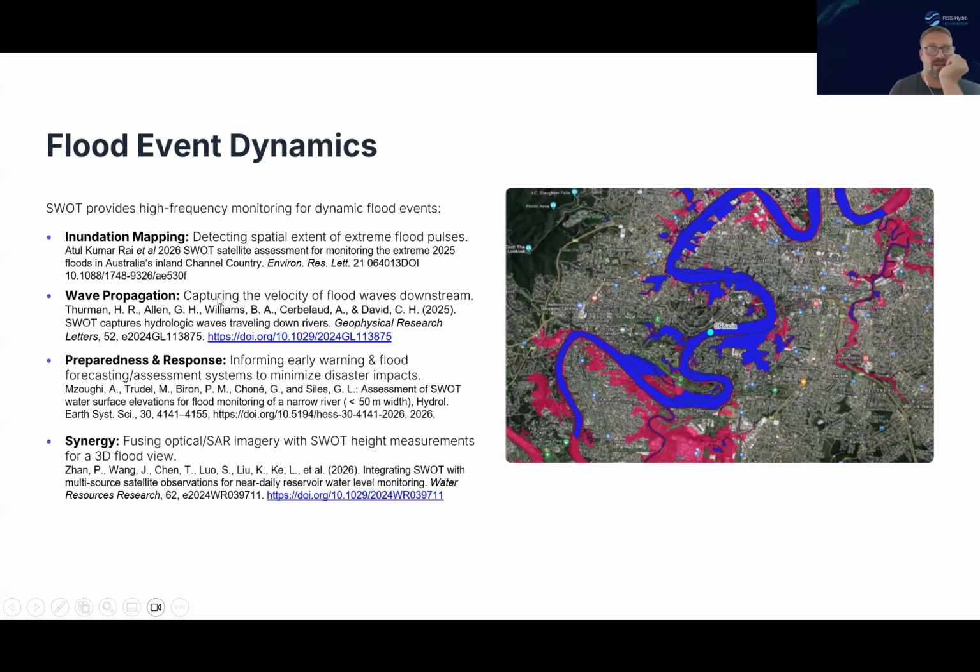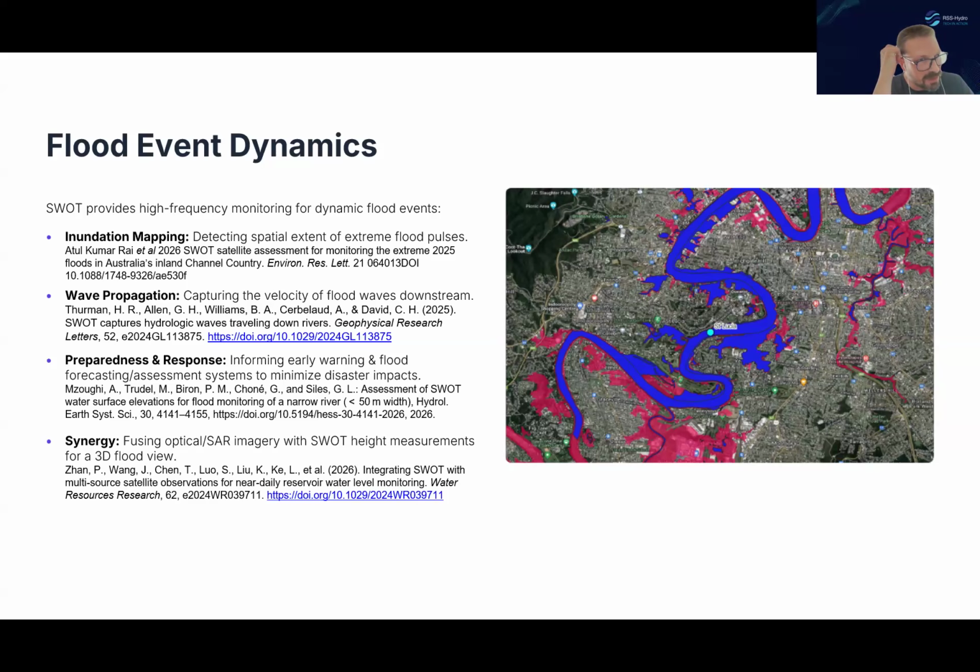And then even, and I think this is fantastic that they can actually do that with SWOT, you can measure the wave velocities in the rivers with SWOT. I mean, it's again with models, but in combination you can actually get to something that tells you about the velocity downstream of these flood waves in rivers. That's amazing. Of course, the conditions in the river need to be good for the mission. You know, if you have a river going in the kind of unfavorable direction of a SWOT overpass, you can't do as much as if it goes in the right direction. So